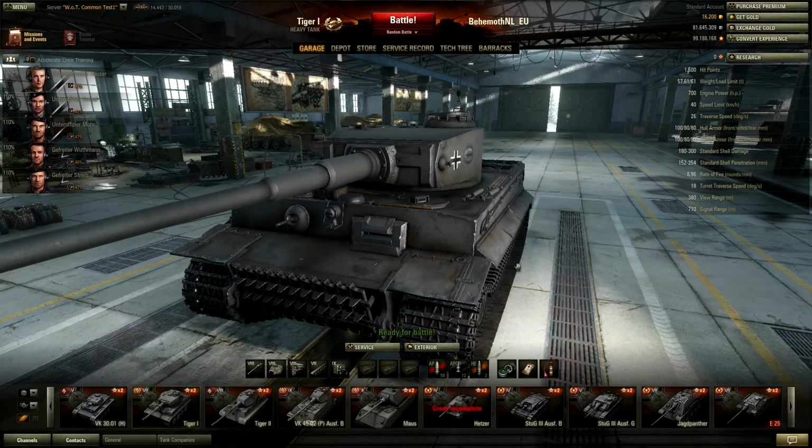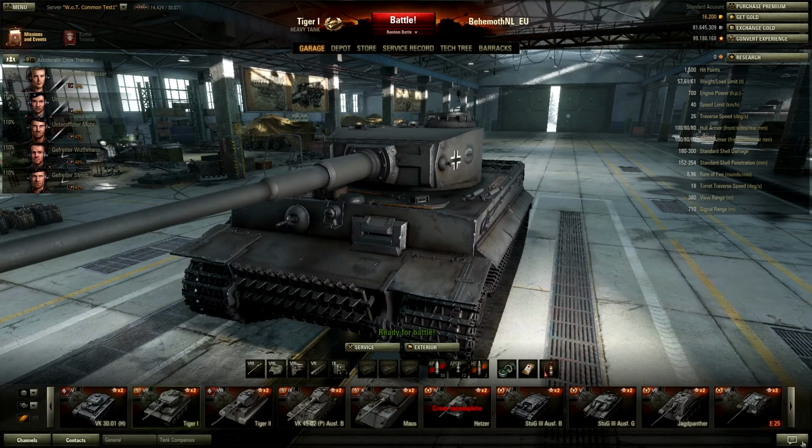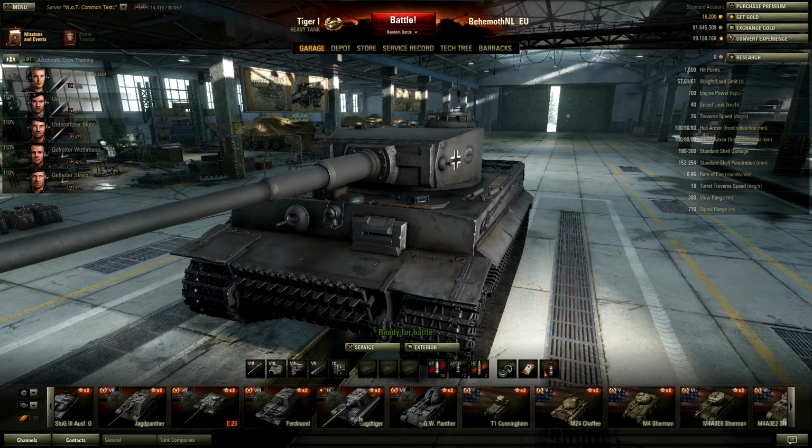But first, something different. You also notice that there's no extra button anymore for your post-battle results. There's only one notification setter, and that's everything that's in there. So only one button, not two buttons right beside each other. Second thing,